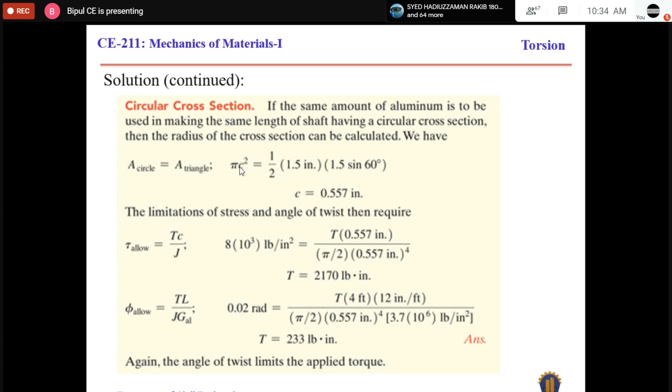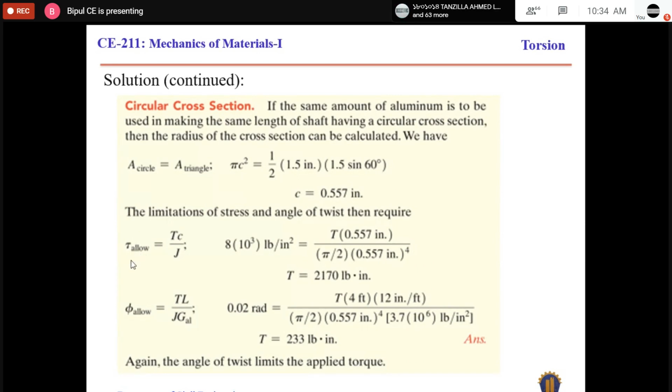So if c is the radius of the circular section, the cross-sectional area of the circular shaft will be pi c squared. From here, c is the radius of the circular shaft. Again, to follow the stress limit criteria,